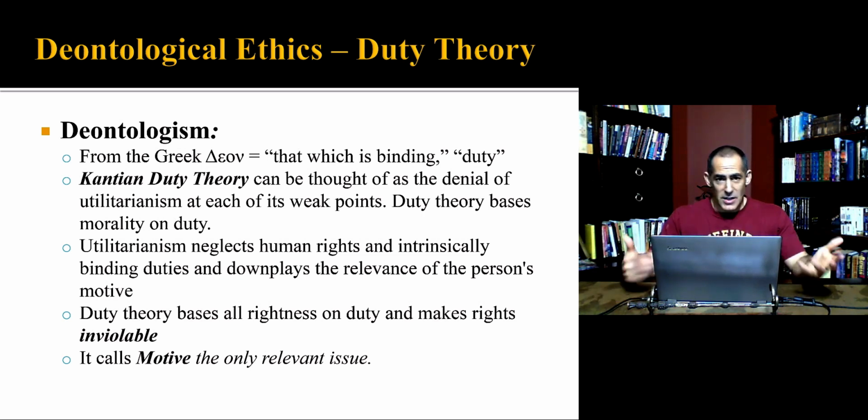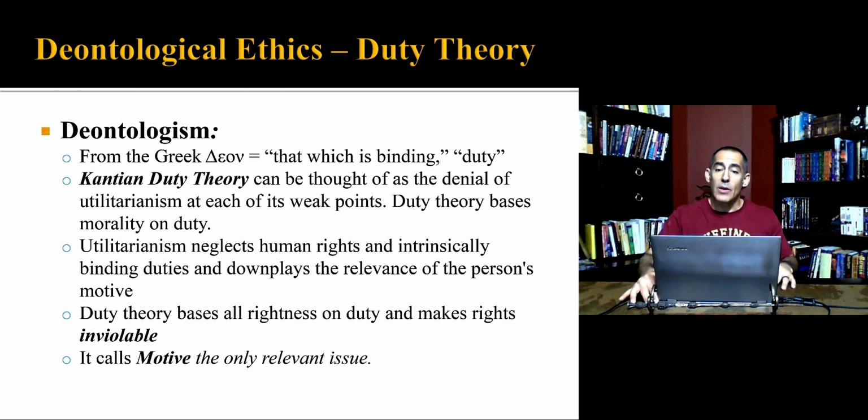And we even looked at some scenarios where we said it cuts against our moral intuition, where you do something that you would normally see as immoral, but on a utilitarian principle would have to say that it is the moral thing to do. The examples that we gave were, of course, the execution of jaywalkers, the lynch mob scenario, things like that. So anyways, utilitarianism often neglects, or is accused of neglecting, human rights and intrinsically binding duties,